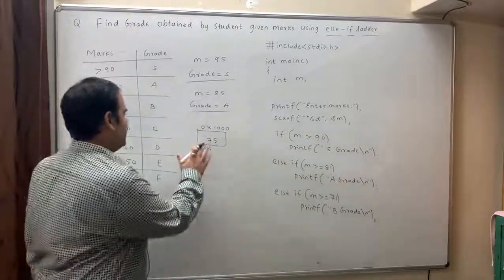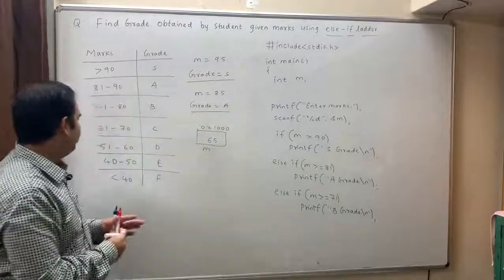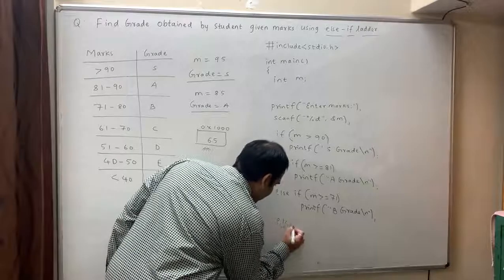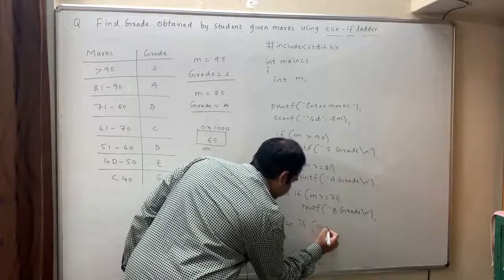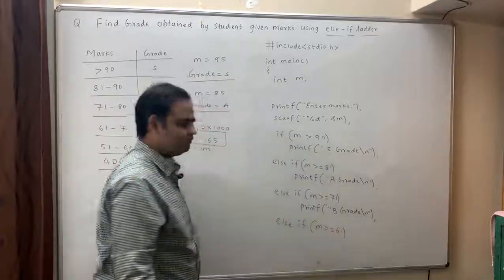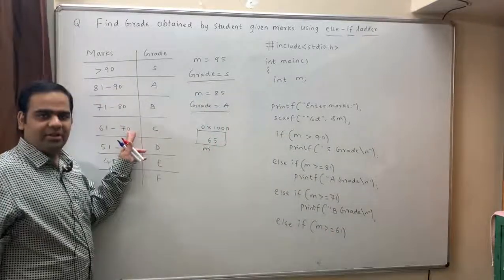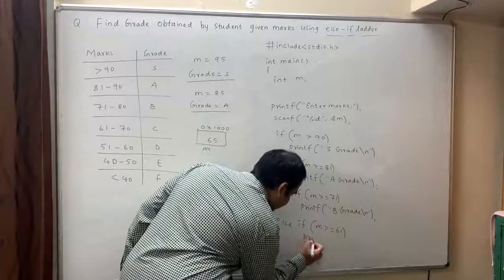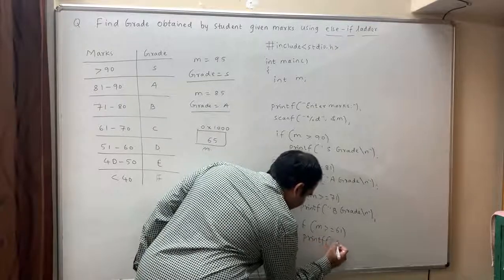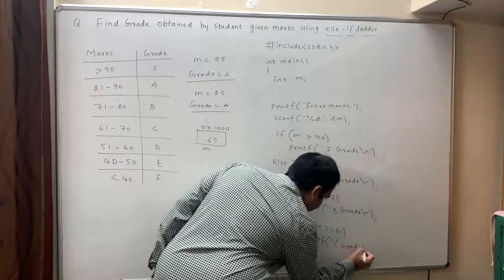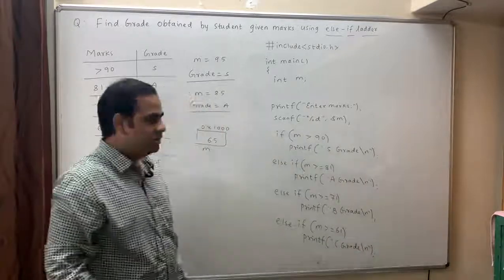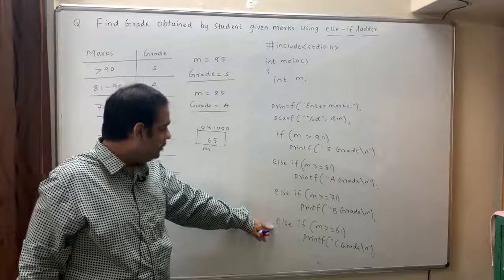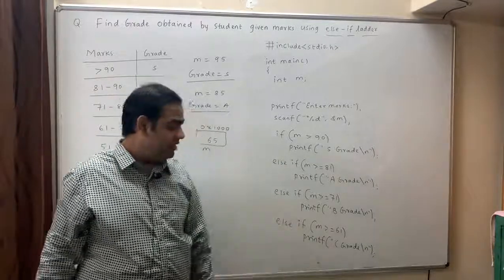Okay, similarly continuing over here, if I assume marks is 65, it is in between 61 to 70 and we get C grade. Therefore, I can simply write else if marks is greater than or equal to 61. Okay, there is no point in checking less than or equal to 70 because we have already checked in the previous condition. I can write over here printf C grade. The student has got C grade. Okay. Now 65 greater than 90 false, greater than or equal to 81 false, greater than or equal to 71 false, greater than or equal to 61 is true, and it says C grade.